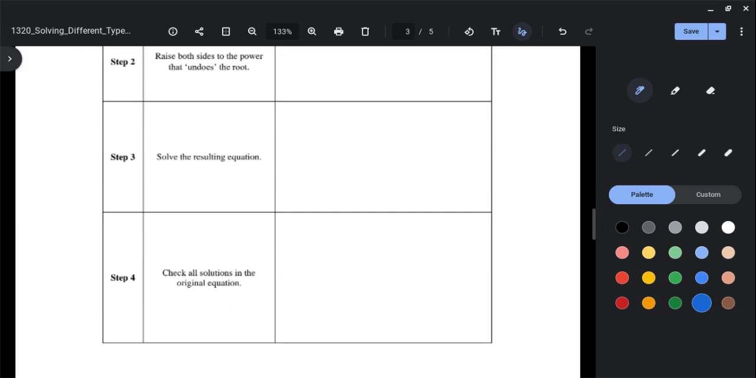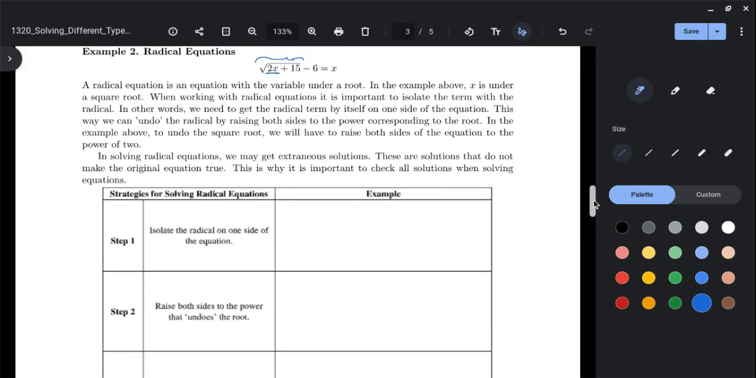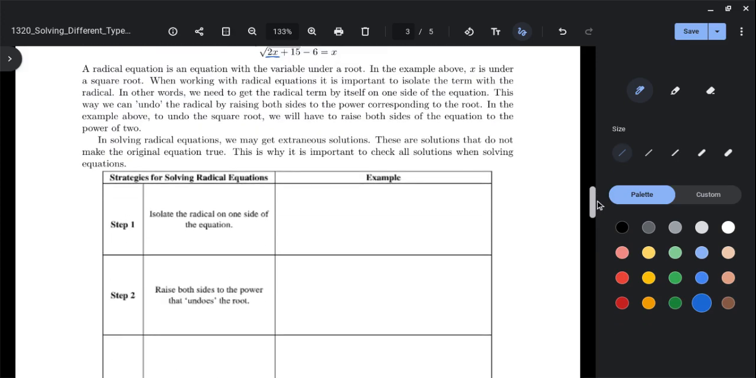Again, super important here that you check your solutions because like I said at the beginning, you could get solutions that are extraneous or don't make the original equation true. So let's go ahead and apply these 4 steps to our equation. So let me write that here. So the square root of 2x plus 15